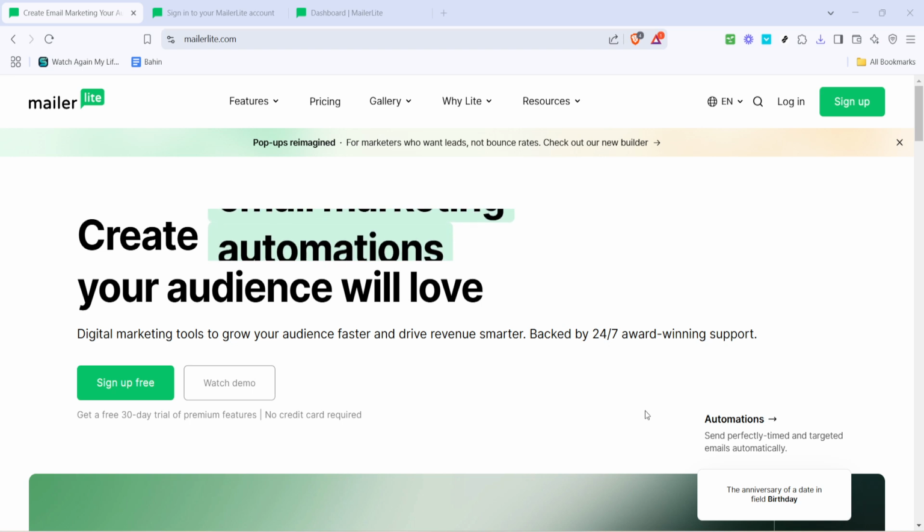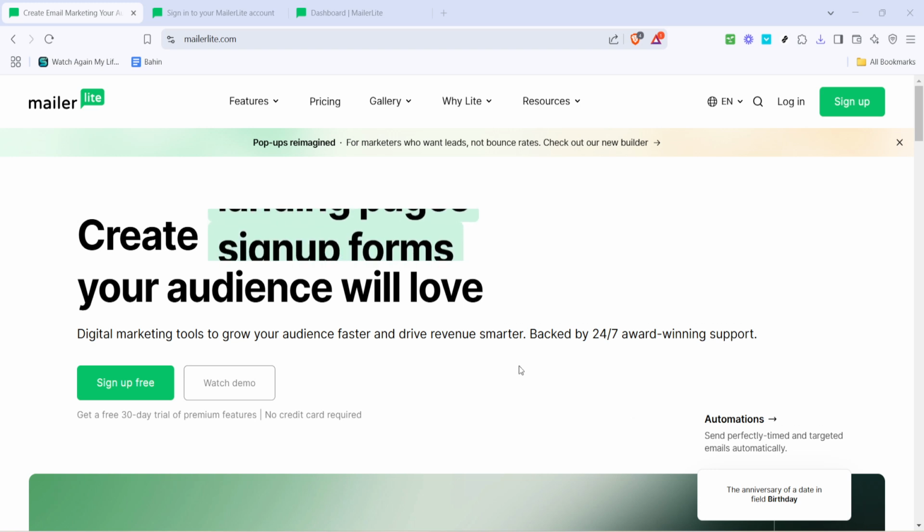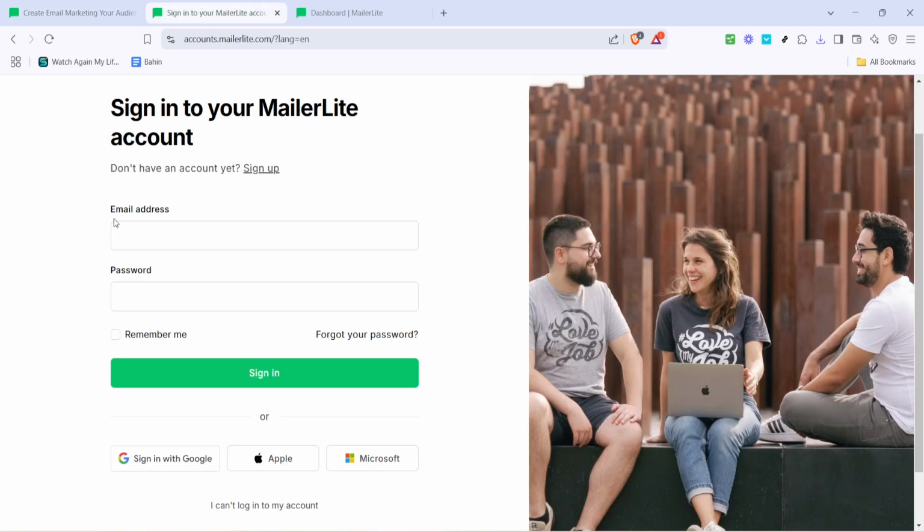This is your go-to place for crafting engaging email marketing content. Once you're on their homepage, you'll notice the Login button. Go ahead and click that. You'll be prompted to sign into your account. If you haven't already set up an account, you can create one here, or for simplicity, you can log in with your Google account. Simply click on Sign in with Google to proceed.